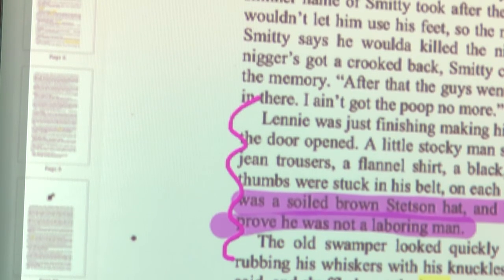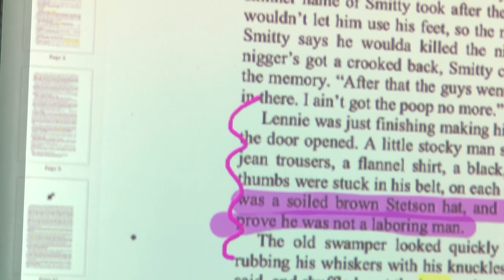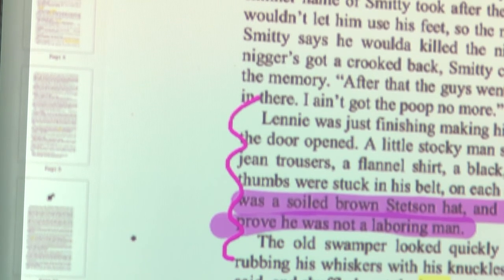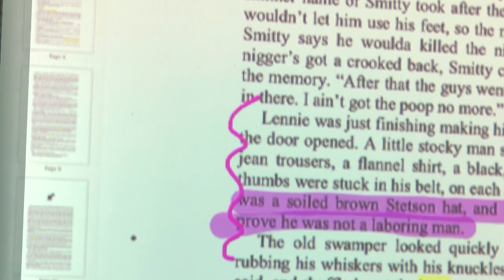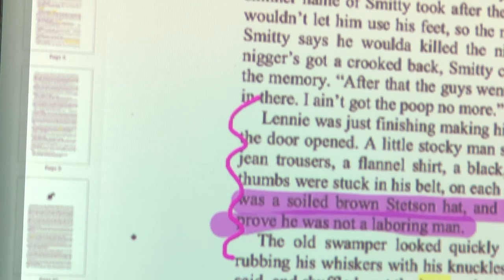They believe right now that a quote is anything that is inside of quotation marks, which means that it's anything a character says, and that is not true. When you quote from a book, you're quoting anything that might be in the prose. Prose is a fancy pants term for your paragraph.